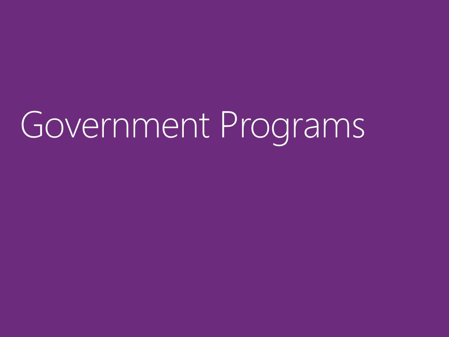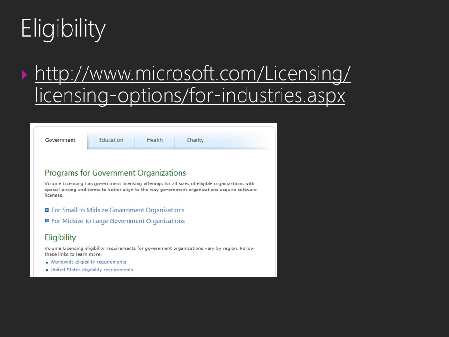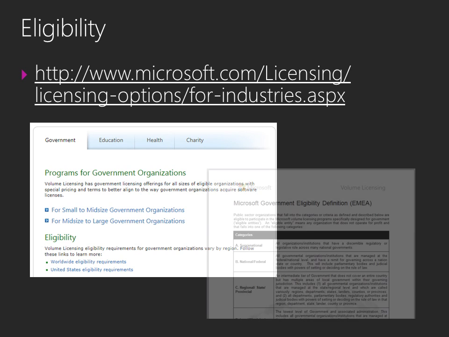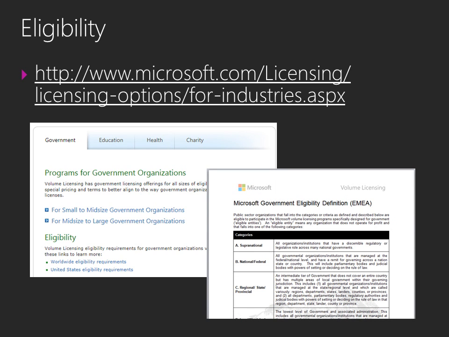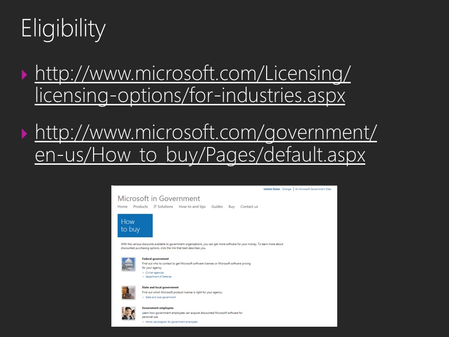So let us start off by looking at the government programs. The eligibility of who can buy through the government programs does vary by region. So this link, for instance, takes us into the worldwide eligibility. And if we were to go into there, we could see, for instance, the eligibility of who can buy through the government programs in the EMEA region. But then again, if you wanted to check eligibility for the United States, you would use this link and you will see here that the eligibility does vary. So I think the key message here is it is very important with the government programs to check the requirements